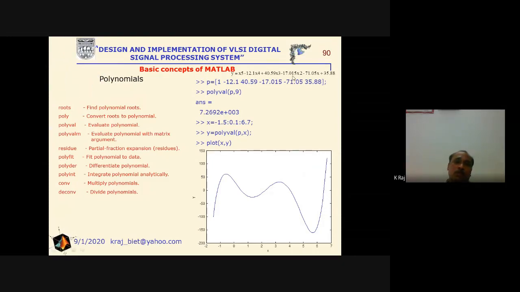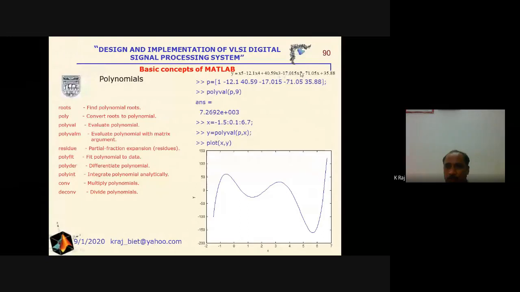Now just try to see this one. Here, how will the polynomial be described? In order to describe the polynomial, as we have discussed in the previous classes, we write the coefficients from the highest power towards the lowest power. That is 1, minus 12.1, and so on up to the lowest power, x power 0, 35.88. Mathematically we write this equation,